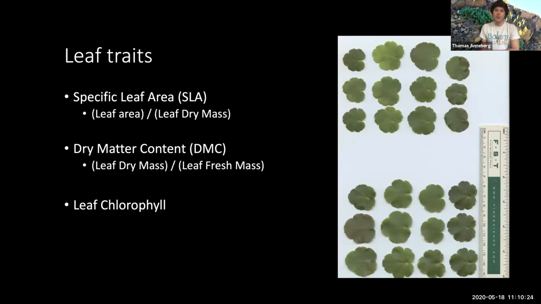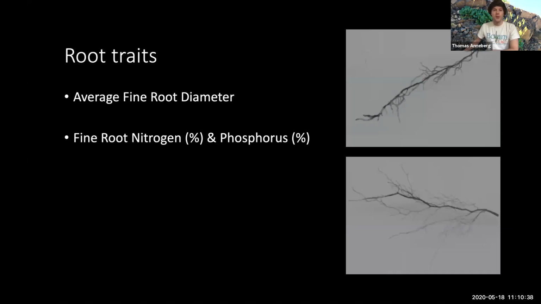So it means you're a slower growing plant most often if you have a high dry matter content. And then we also looked at leaf chlorophyll, or the concentration of chlorophyll in leaves, just as a measure of photosynthetic efficiency. We did go below ground too, and we measured the average fine root diameter of plants. So I view that trait as meaning if you have a really fine root, that means you're more able to